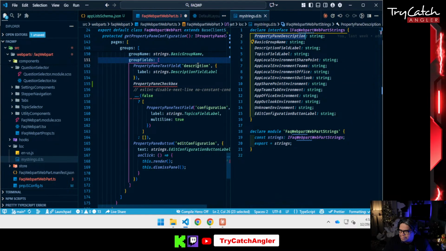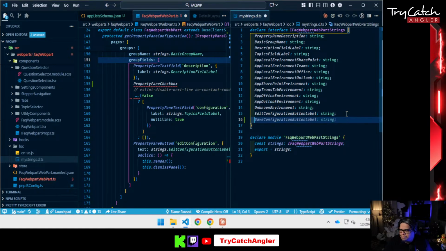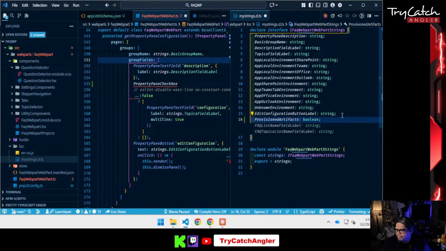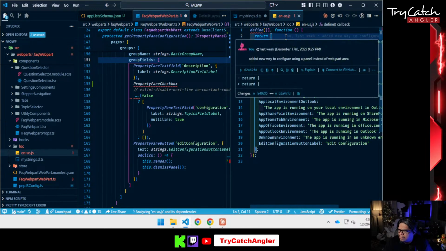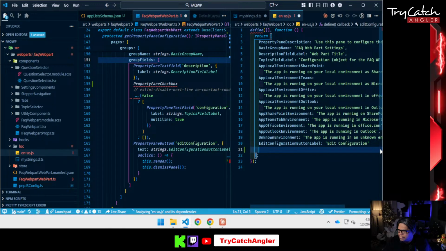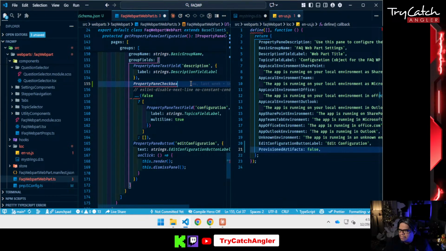Property pane description, edit configuration button label, provisioned artifacts, and this is going to be a boolean, and there should be right here. Yep, this. Now here